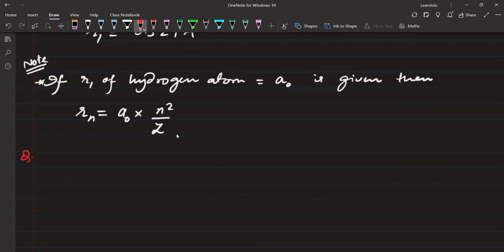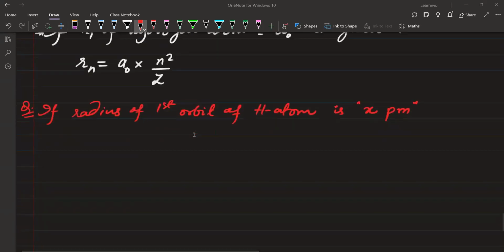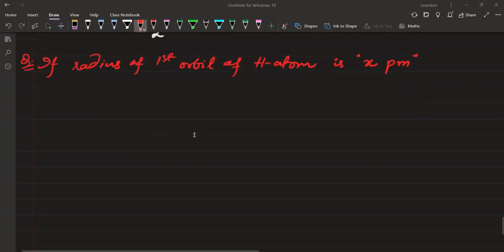सवाल, if the radius of first, if radius of first orbit Sir, your screen is lagging. of hydrogen atom, my screen is lagging, is it lagging for everyone, is it lagging for everyone, Yes, sir. yes, is it still lagging, is it still lagging, देखिए जरा, देखिए देखिए ज्यादा नहीं सर, थोड़ा सा।